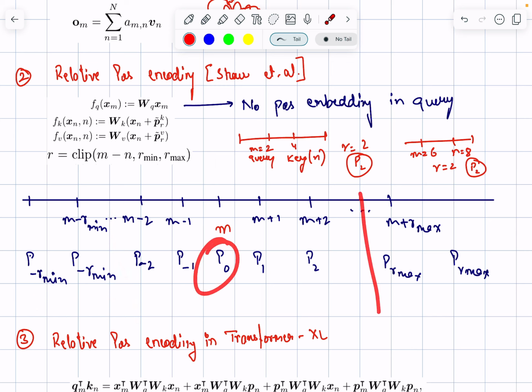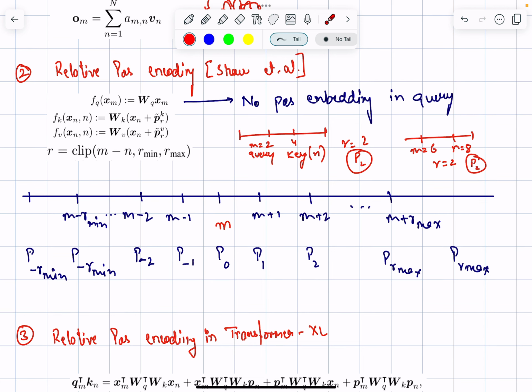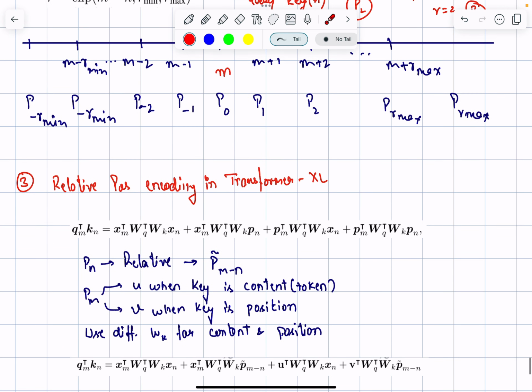If you move away from P naught after a certain distance, everything is PR max. Okay. Similarly, there are other papers that did the same thing with relative positional embedding. For example, there was a famous paper, Transformer XL. In this paper, what they did is they expanded the sinusoidal